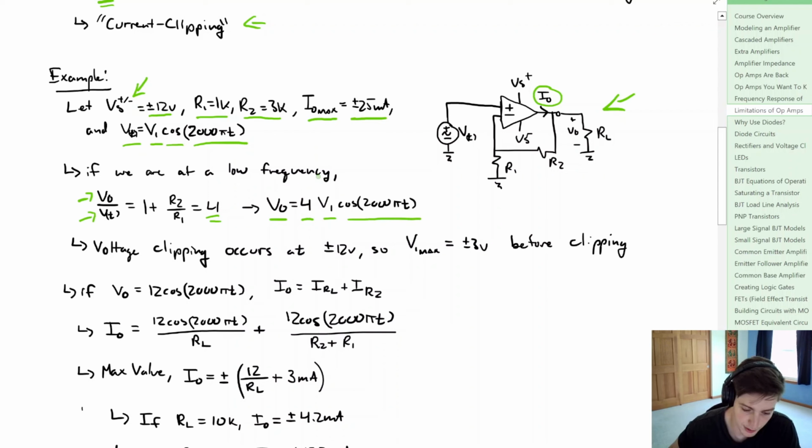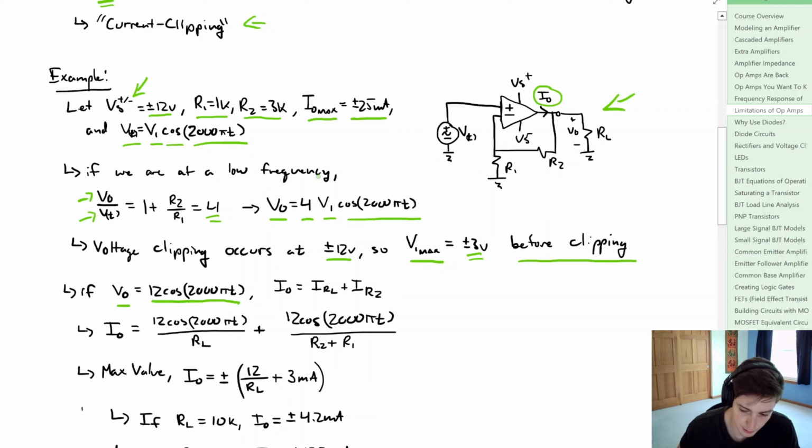Now we know from our saturation or source voltages that we're going to have voltage clipping at plus or minus 12 volts. So if we look at what the maximum input voltage can be, V1 max, that's going to be plus or minus 3 volts. And anything after that, we're going to get that voltage clipping. Now if we take the input to a magnitude of 3 volts, our output voltage is 12 cosine of 2000